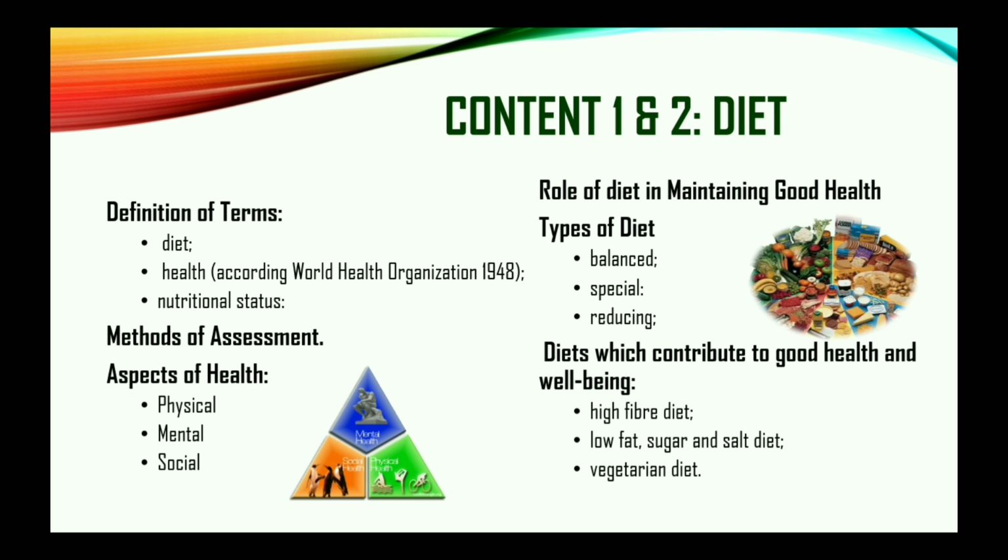Good. Now we also looked at aspects of health, where we look at the physical, the mental and the social. There are different aspects to health, but you're required to learn about these 3 for now. When we speak of physical health, it is the ability to move around and engage in physical activities without any pain or strain on the body. Mental health has to do with the ability to cope with the normal stresses of life, how you balance your schoolwork and your home chores. Social health has to do with your ability to form healthy relationships with your peers.